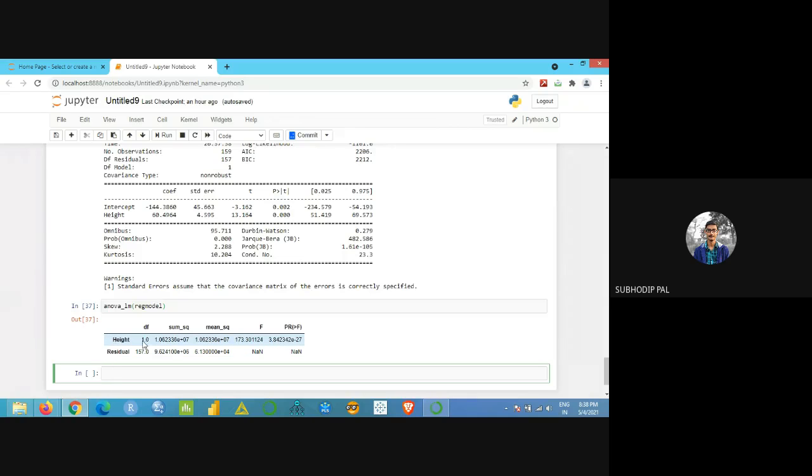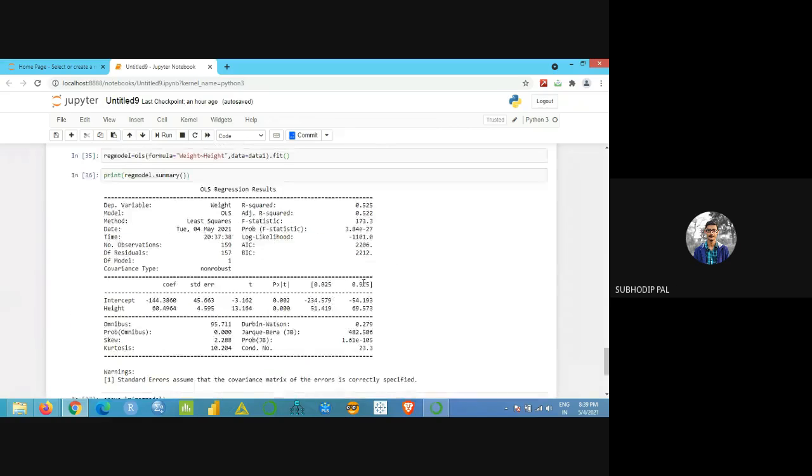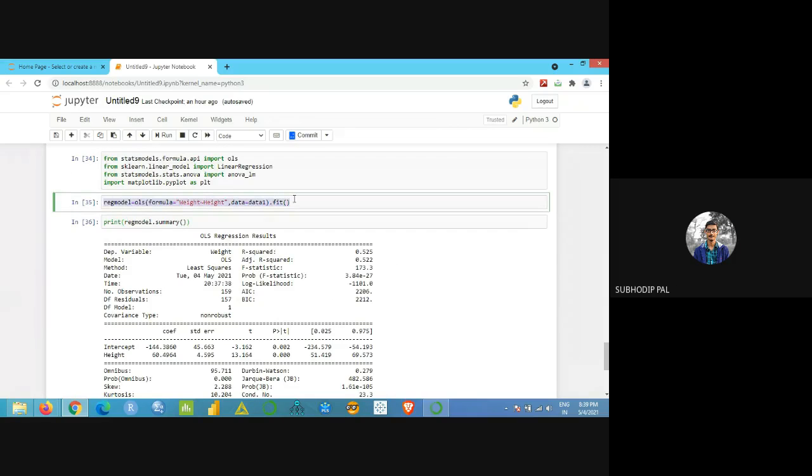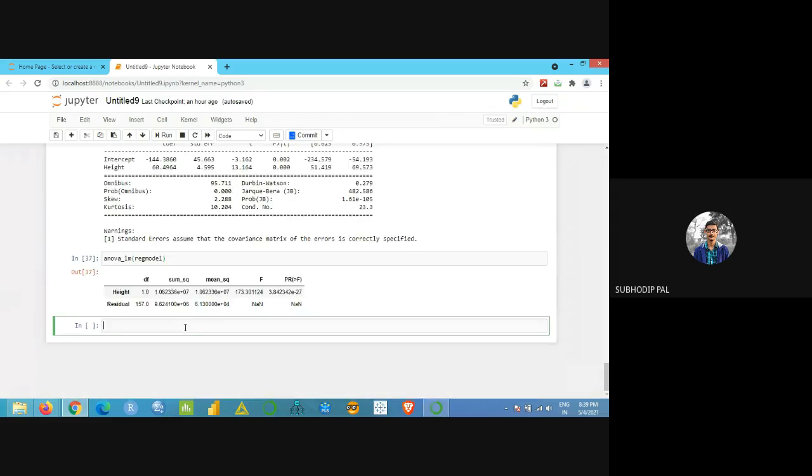It's a simple linear regression, that is why there is only one variable. Got it? Now I'll go to the multiple linear regression model. So I'm copying the same thing and renaming it. I'm naming it MREG model, multiple regression model. So there will obviously be more than one independent variable. Same thing. How do you add the independent variable? That is the main thing here.